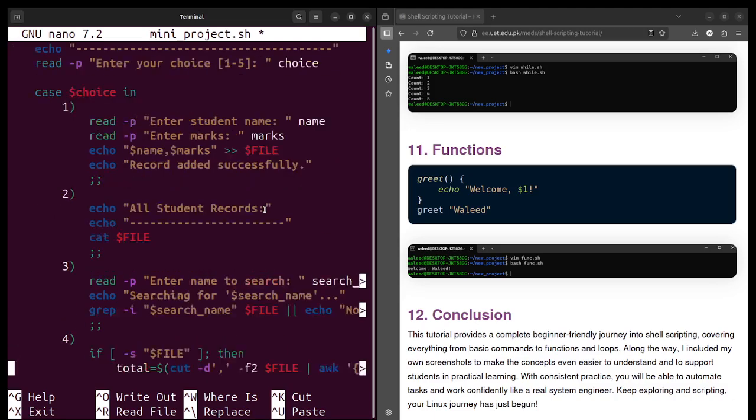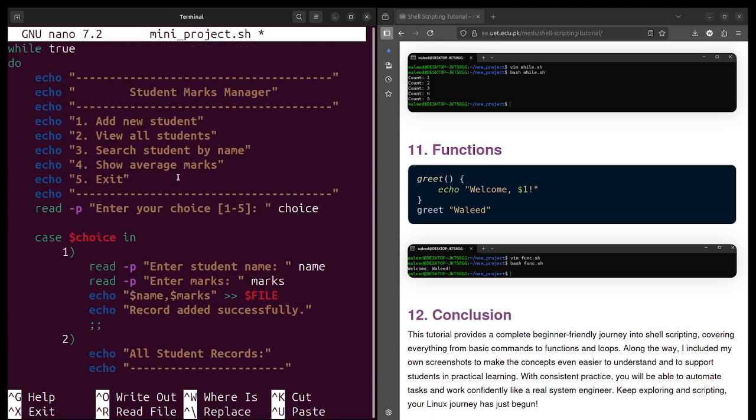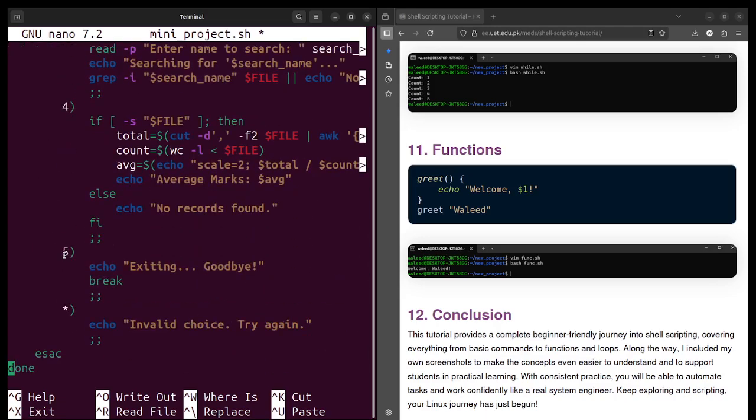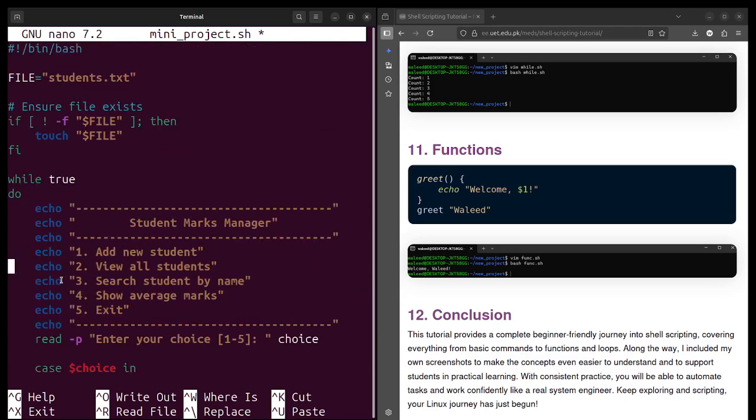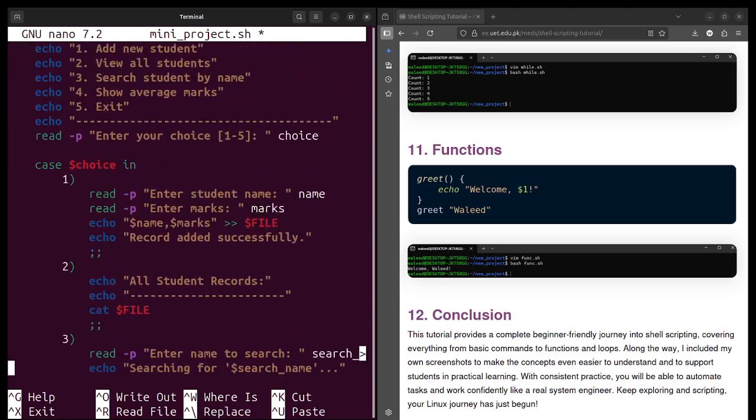Then we have used the case statement here, which is for every choice of all the 5. For example, in the first one we have to add a new student.